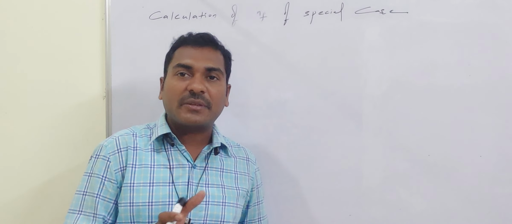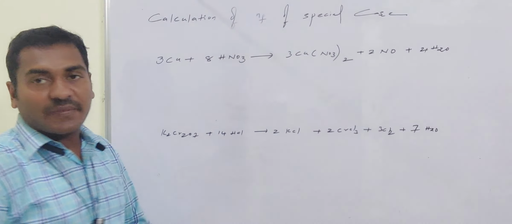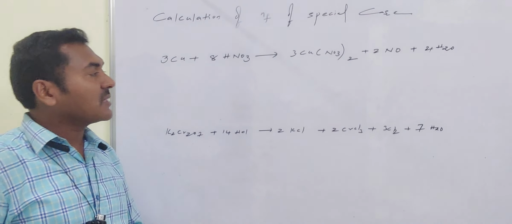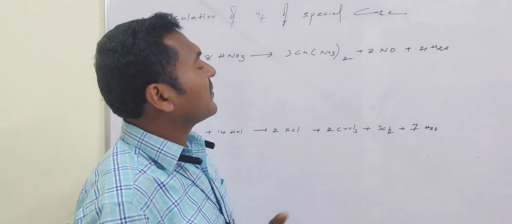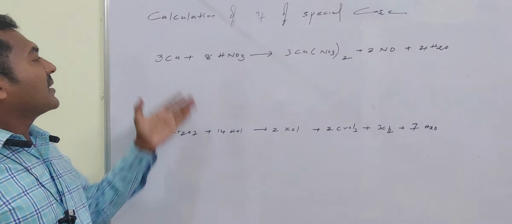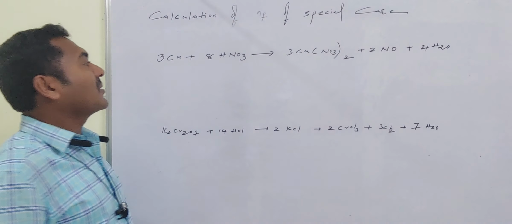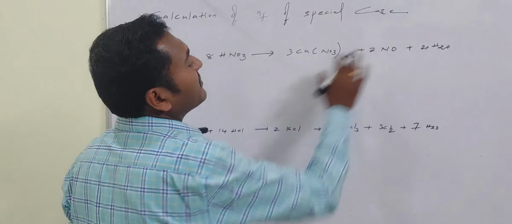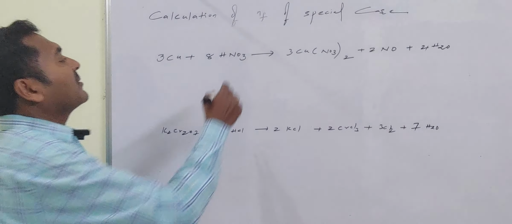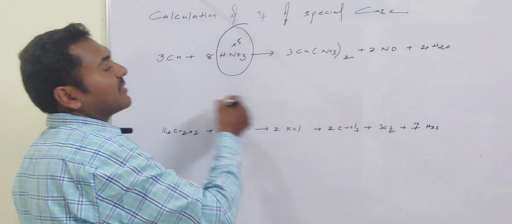For some other part of the material, there will be a change in oxidation number. Here, these are some balanced equations in which copper is allowed to react with HNO3, that is converted to copper nitrate, followed by nitric oxide and water formation. Copper's zero oxidation state is converted to +2, that is undergoing oxidation. Conversely, this particular species is undergoing reduction, whereas the nitrogen's N factor, the HNO3 related N factor discussion, I